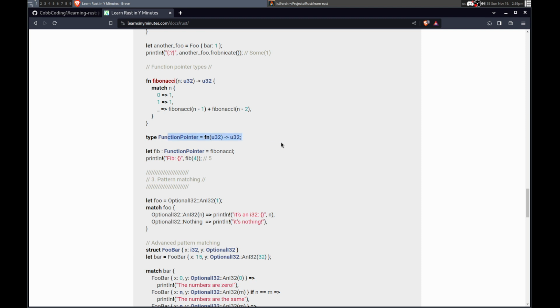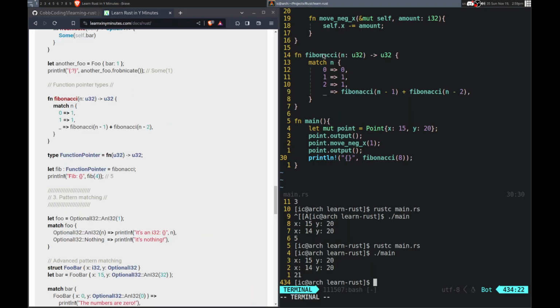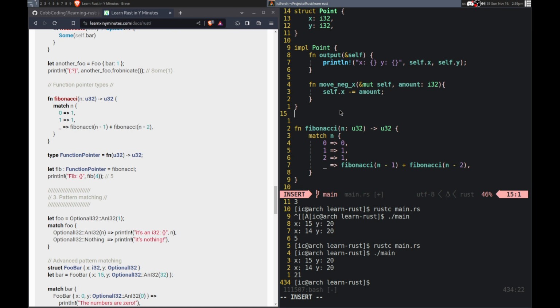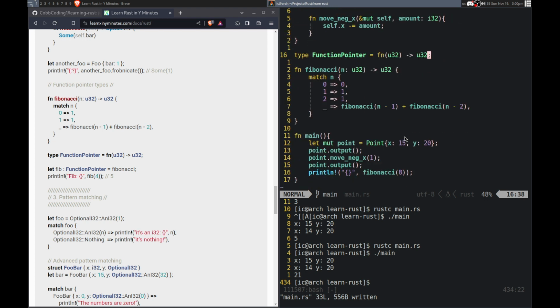Alright, function pointer. Ooh, okay. Function pointer? Ooh. Okay, that's interesting. Let me try that actually. So just type function pointer equals function 32, which is 32. Okay, outputs 32. Okay. And then,